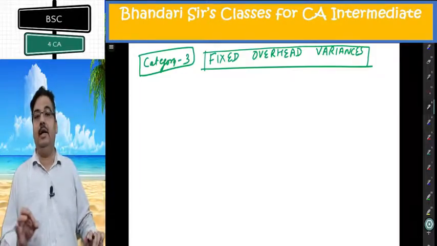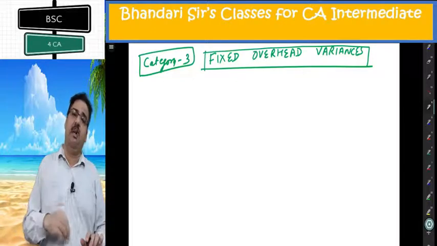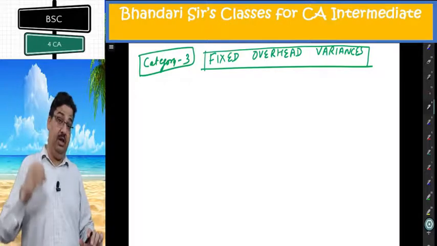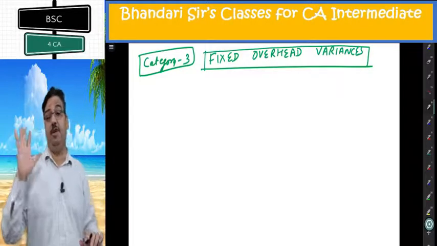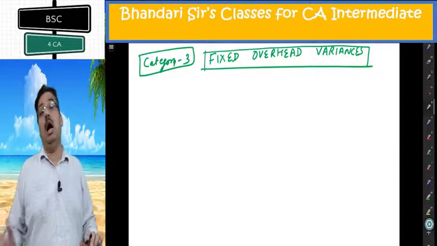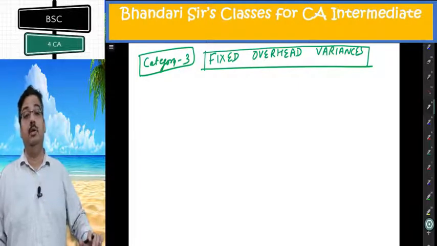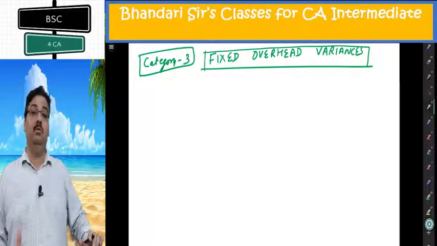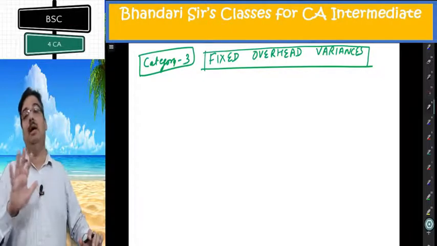The third category I take up is fixed overhead variances. Once you understand fixed overhead, variable is subset of this, will be easily understood. Try to understand fixed overhead category in detail. One reason is inflation deflation. That is shown by expenditure variance, left hand side. Other than inflation deflation, all reasons are on right hand side, which is volume variance. Now you need to understand the reasons behind volume category. I'll first elaborate them, then I'll make the table again.